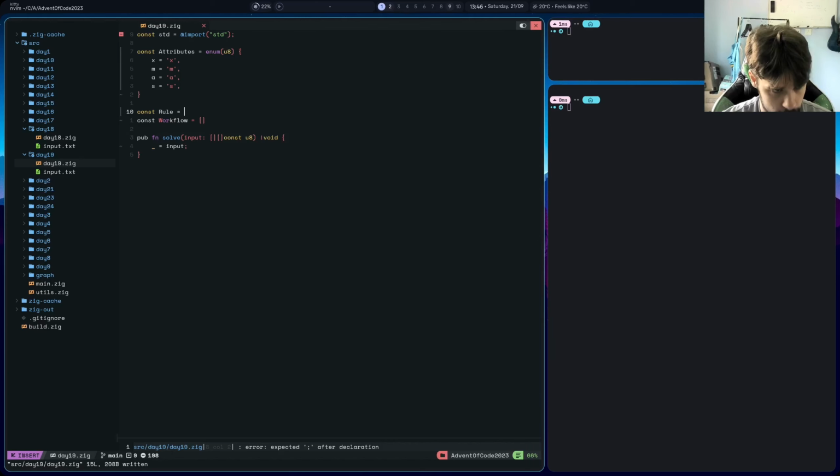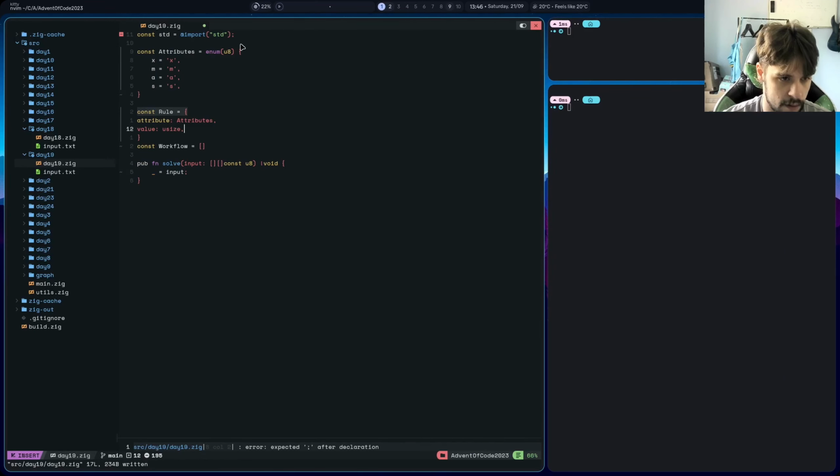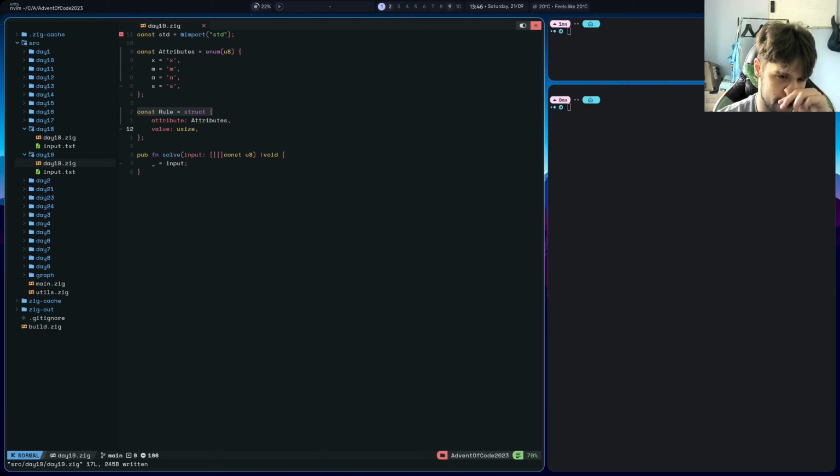Cool. So our rule then is going to contain an attribute. And it's going to be a value, which doesn't have to be usize, but it could be usize. I feel like I'm just writing terrible code and it's not really enjoying it right now. Oh, there it is, the auto formatting. Okay, and then the value,